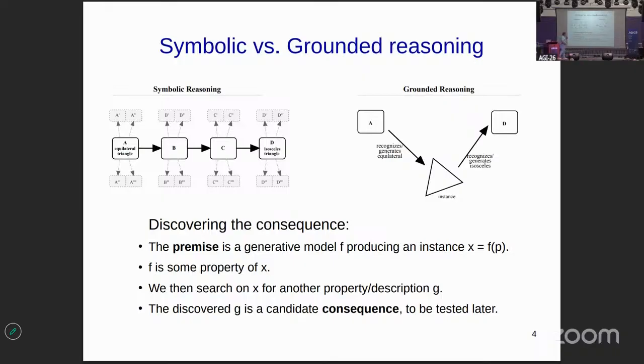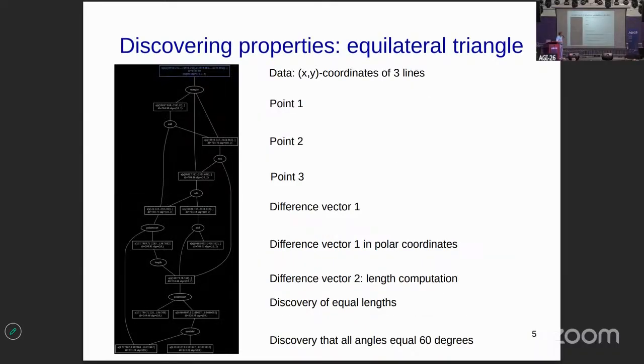And we just search, for example, if you want to search for other properties, like in the statement, every equilateral triangle is an isosceles triangle, G would be the isosceles triangle that we would like, and we derive that property from this instance. So how might this work? First of all, I would like to show you how in my system that I've been developing over the last year called William, a data compression system based on program synthesis.